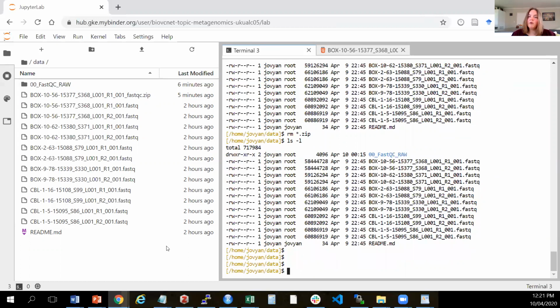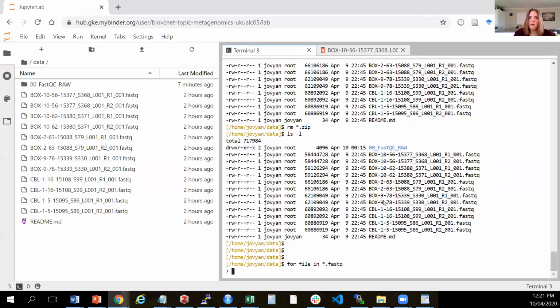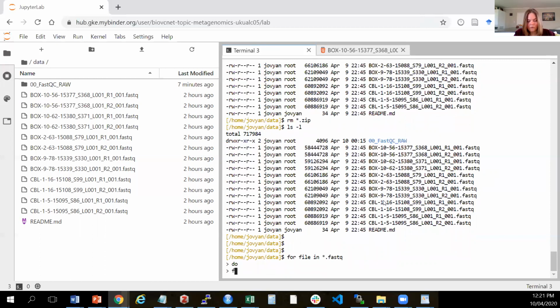Okay, so now we're going to call FastQC using the for loop. And so as before, we call for, we set a variable in, we use a wildcard. All of these are FastQ files now. And so that's going to match everything that's within this directory. Then for file in, I want it to do and call